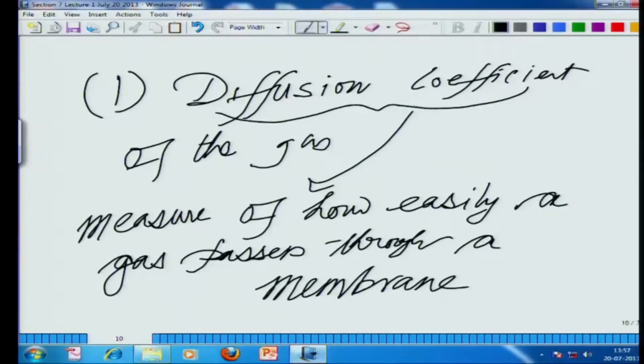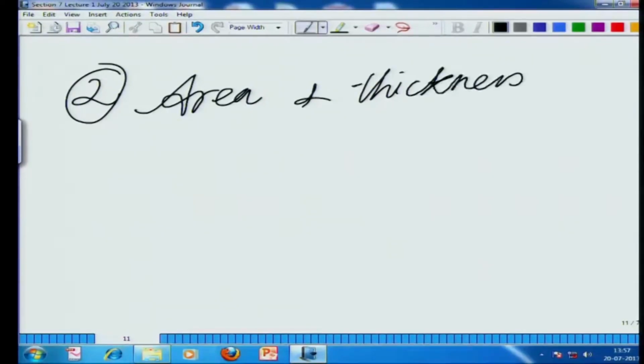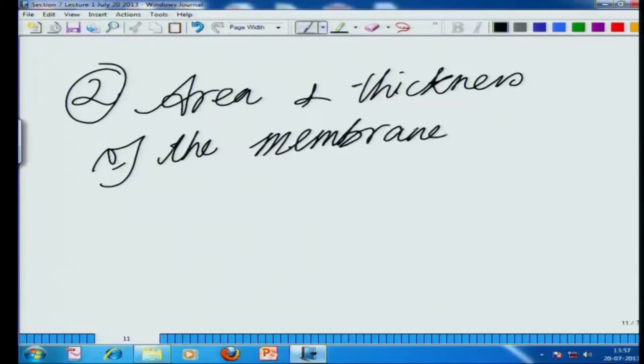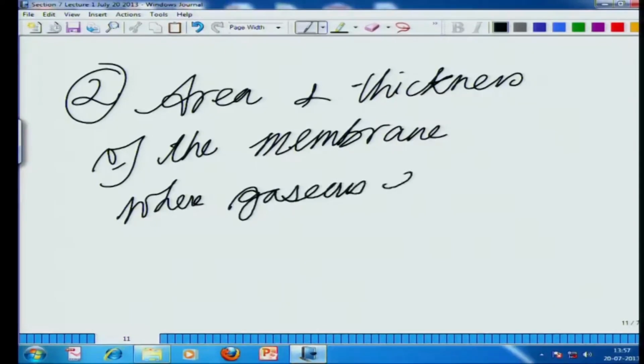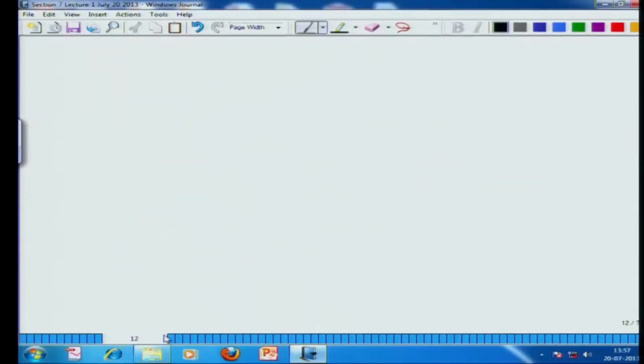Okay. The second factor which is involved in it is the area and thickness of the membrane where the gaseous exchange is taking place. And the third, one of the most important factors, is the